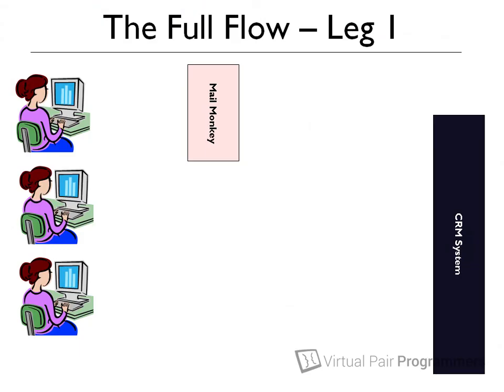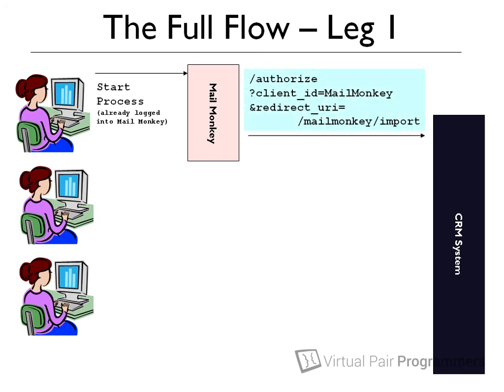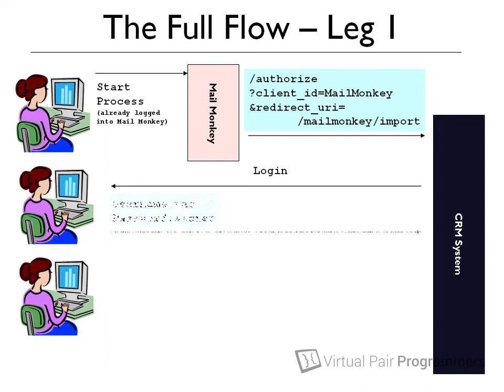I think before we run this, it's worth reviewing the full flow of leg one. You're probably sick of seeing this picture by now, but it's probably worthwhile. So we've done this part. We've been able to send a request to the authorization URI. Up until now, that's not been available, but it should be now. We've seen that the CRM system has responded with a login prompt, so the user can specify their username and password. It was at this point we got the 404 before, but what we would like to see now is